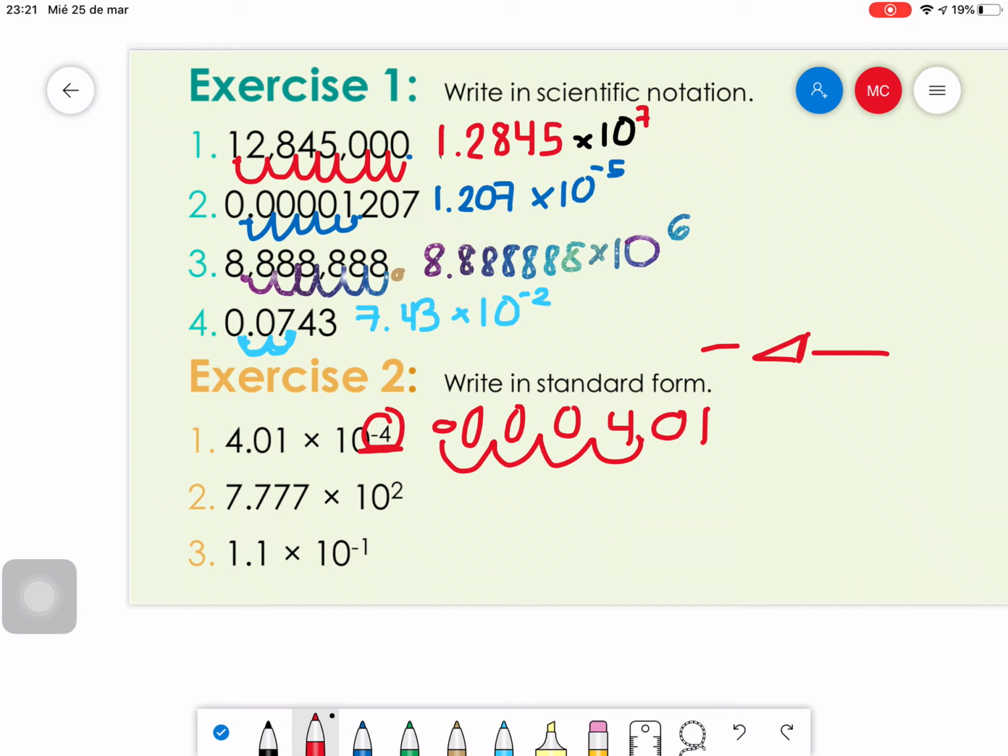Now, next operation. It tells me that I need to write into standard form, and it gives me a positive exponent. That means I move to the right. How many times? 2 times, so 2 spaces, 1 and 2. So the number will be